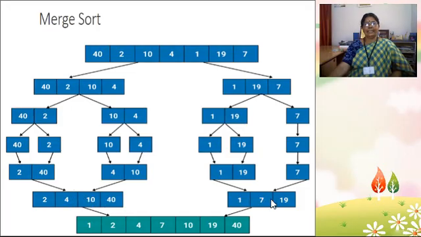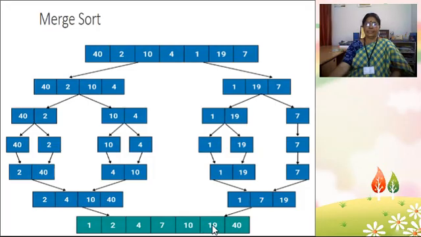Now compare 10 and 7. Here 10 is greater than 7, so 7 is smaller. So bring 7 to the resultant array and increment the pointer to the next element, now 19. So here compare 10 and 19, 10 is smaller, 10 is brought down, increment the counter. So now the pointer in the first subarray points to 40. Compare 40 and 19. So in this case 19 is smaller, so bring 19